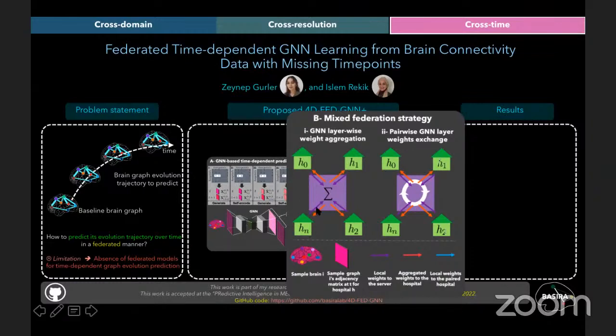It means all of these hospitals have diversity in their data sets, but they're not sharing their data sets. Everybody is training their personal model, keeping it to themselves. There is no sharing, okay? So the